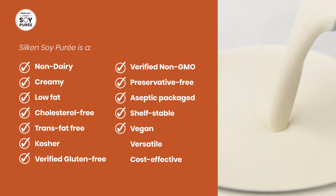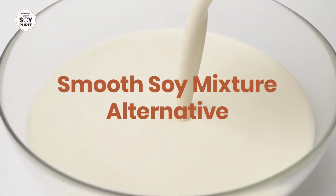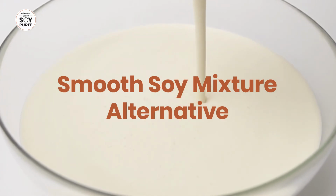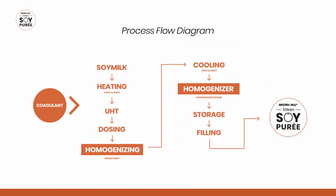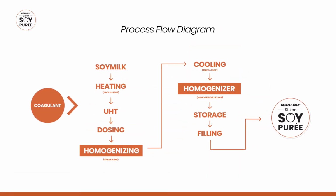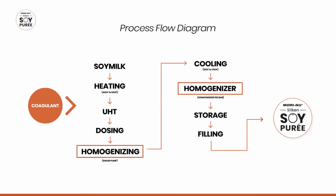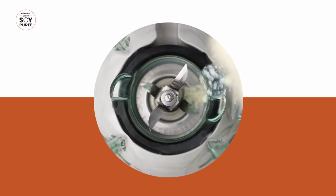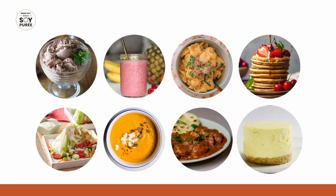shelf-stable, vegan, and versatile, cost-effective, and smooth soy mixture alternative designed for food service and industrial customers with an amazingly clean and rich flavor. Made from carefully selected U.S. soybeans, silken soy puree starts as soy milk and is double homogenized to produce a smooth and creamy texture and a low soy aftertaste that blends and handles easily, making it highly suitable for a wide variety of dishes from